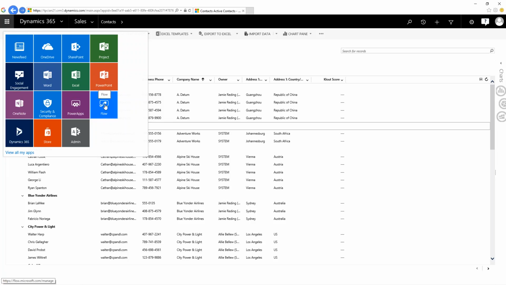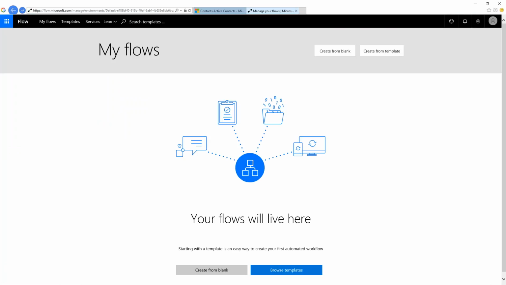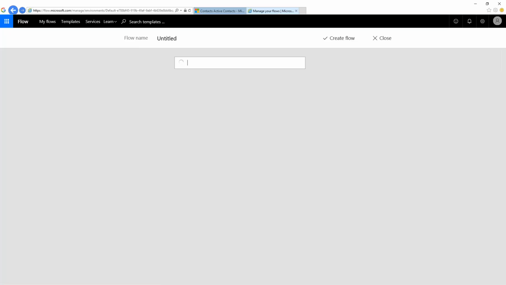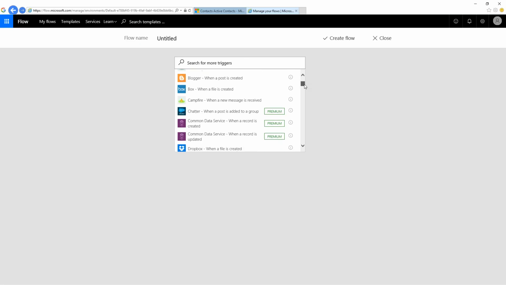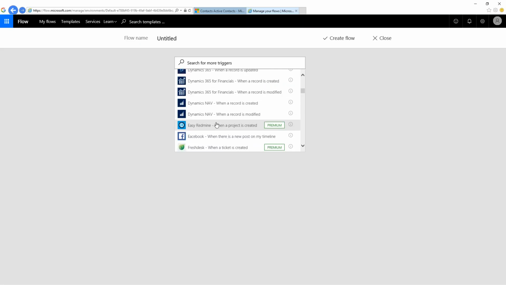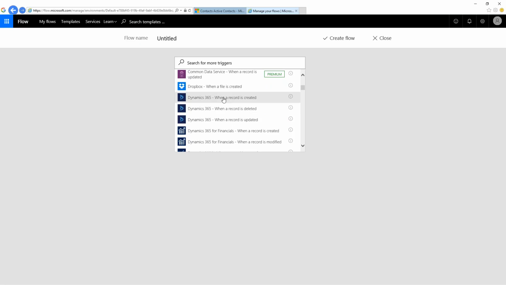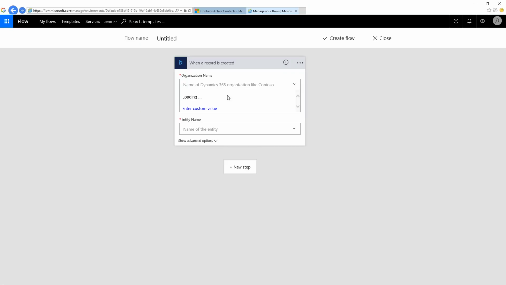So if I wanted to create another Flow, that external engine that can run a process for me, I simply click on Flows. I can now create my own set of flows. I don't have any right now. I want to create a new one that's blank. I can say, okay, what do I want to start with? I can choose, here's a number of actions. So when something happens in Chatter or in Salesforce, or when something happens in Dynamics 365 or in Nav or on Facebook, do something. Let's just say when a record is created in Dynamics 365, it takes a sec for it to know what instance. So it's looking up that it's my demo instance.